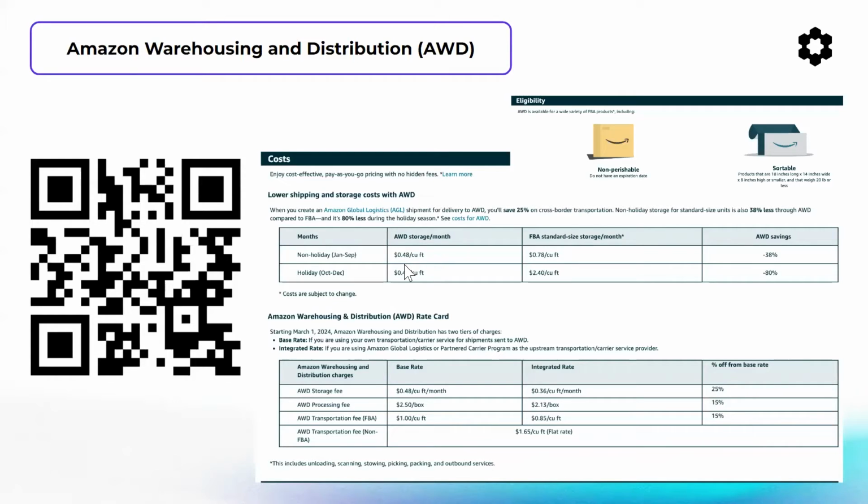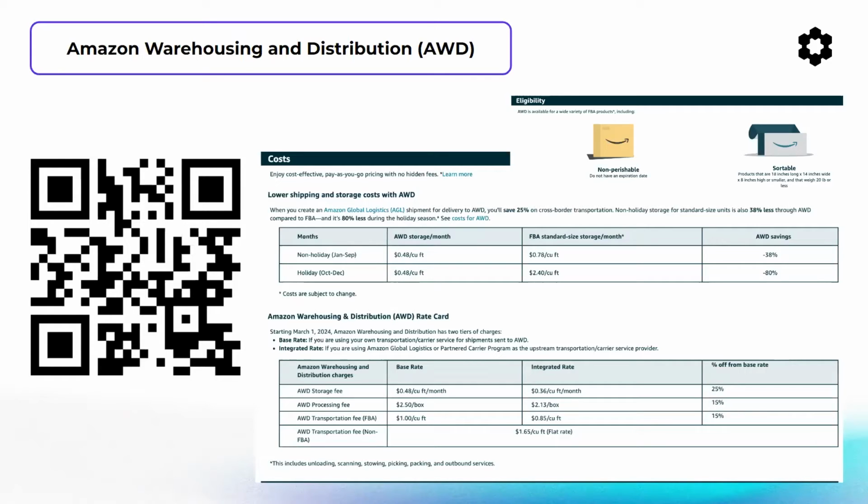So as you see, the monthly storage fee for AWD is pretty low compared to regular FBA, 38% lower. And during the holiday season it is 80% lower, which is crazy, right? And if on top of that we add the possibility of circumventing the inbound placement and the low inventory fees, probably at the end of the day it will make sense on your bottom line to say, okay, let's